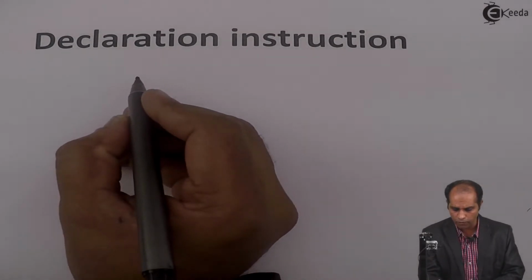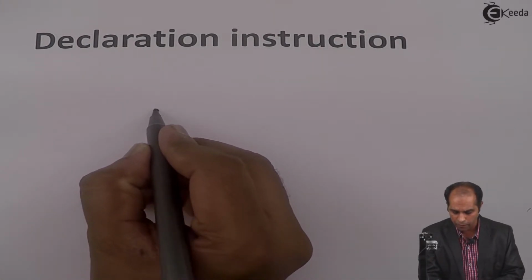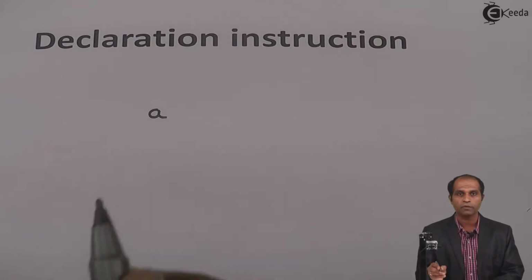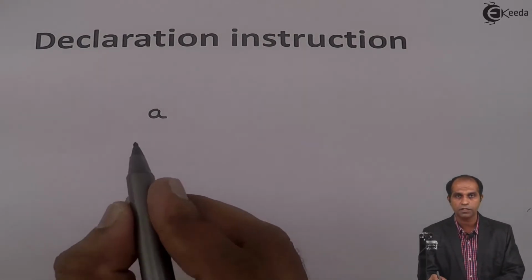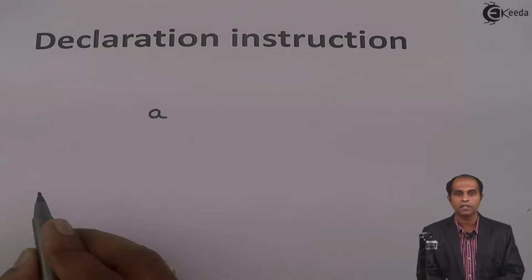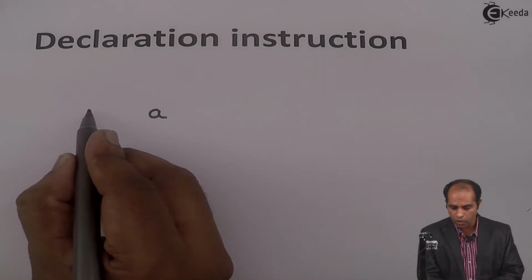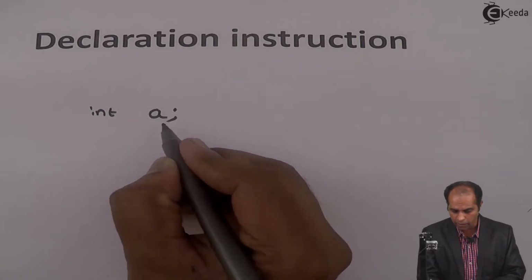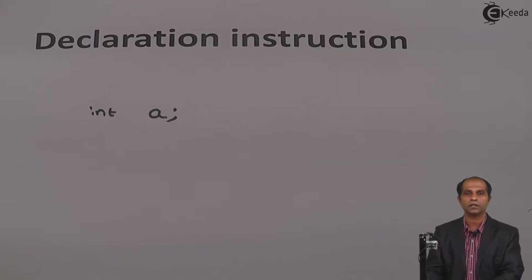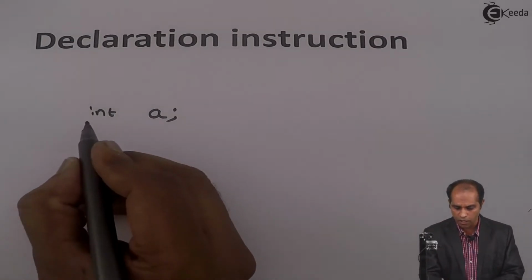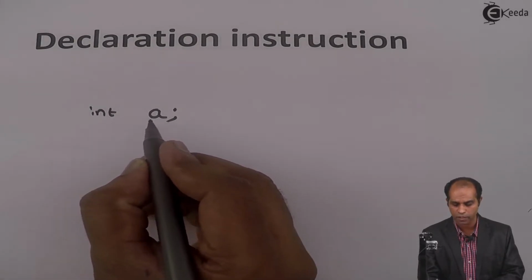Suppose I have to define a variable by name A. Now at this point of time, A doesn't have any specific type of data. A is a generalized variable. Now this A can be associated with data by using a keyword called int. And when I place a semicolon, it will complete the first type of instruction. Now this is our first instruction of C language, which says a keyword int followed by a space and then variable A.